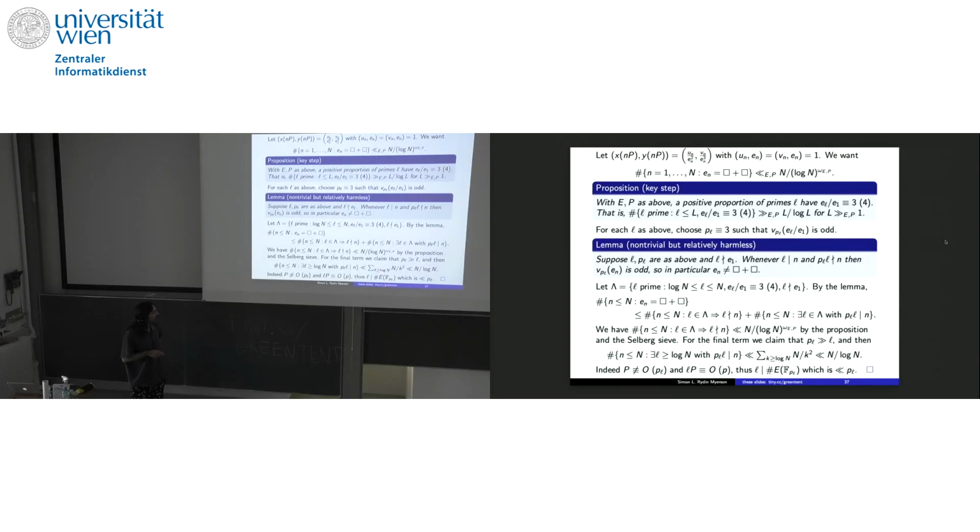What this means is that l is the order of the point p in the reduction of the elliptic curve modulo little p, which means that l has to divide the order of E(F_p). And that is big O of p. So yes, there's a little twiddle at the end that I've suppressed, but